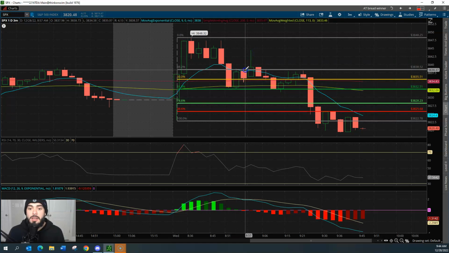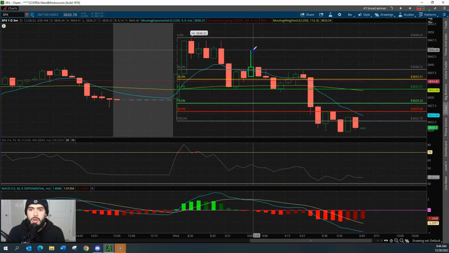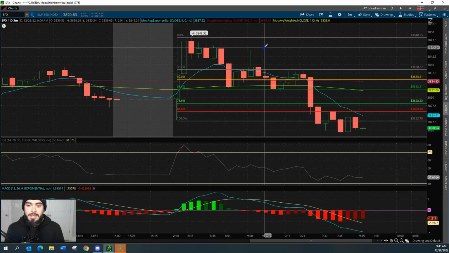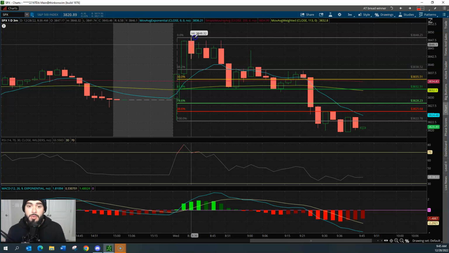We trimmed here at the 38.2 retracement level, and then the runner went all the way up to 38.44. This was a move from 38.32 up to 38.44. It was a beautiful trade. In most cases, you would see a new high, right? So a new daily high. So, you could potentially hold a runner to try to get above that 38.48 level, which was the top of